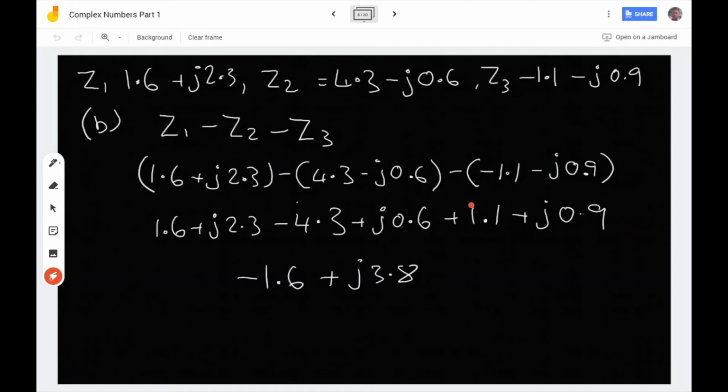Okay, so this is the only thing you have to do that's a little bit tricky with these, is just when you're expanding out these brackets, just watch this sign, and the effect it has on the one in the middle. Then it's just a case of adding the 1.6 minus 4.3 plus 1.1, and the same one here, j2.3 plus j0.6 plus j0.9. Add those up and it's there. Okay,